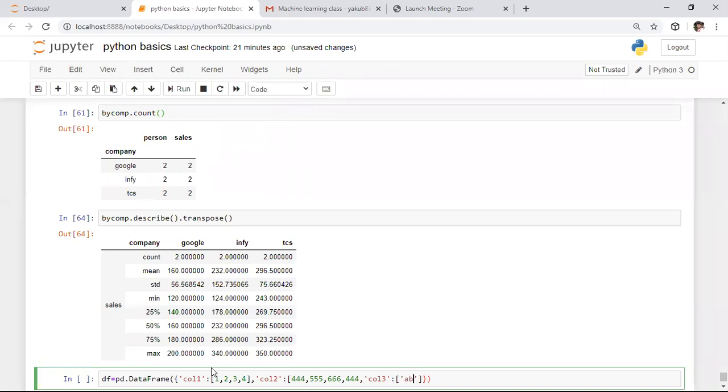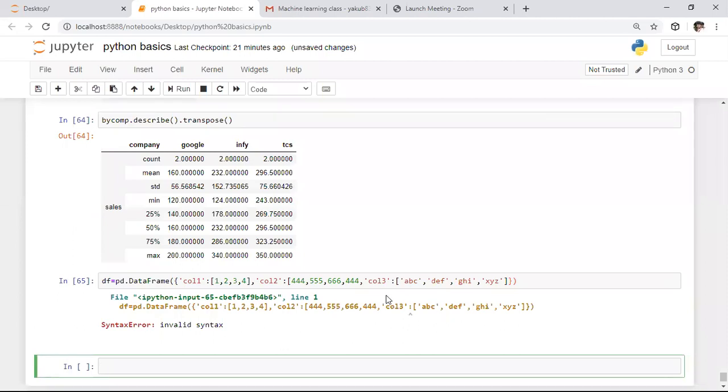So here I'm saying ABC, comma, DEF, and after that a few more characters, GHI, XYZ. So here I'm creating one data frame.